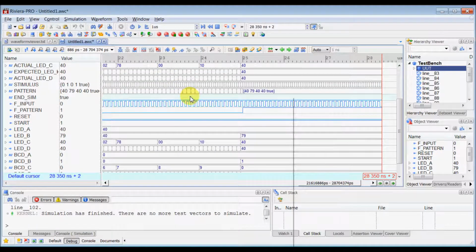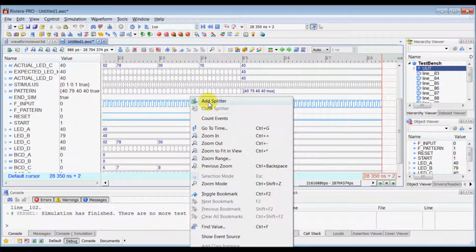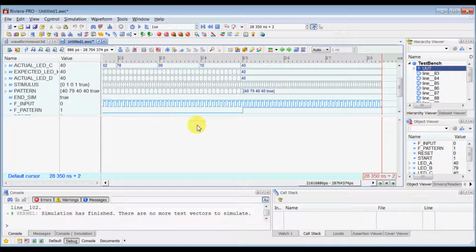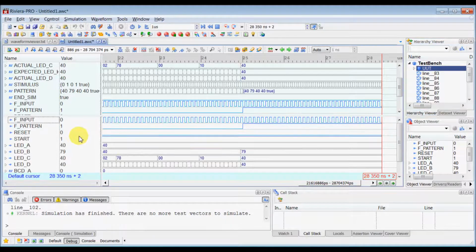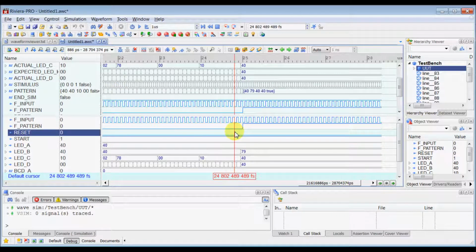Now you can right click in waveform viewer and select add splitter, which will add another splitted window in the same waveform viewer. Now you can add signals inside the splitted window. You can take advantage of this feature to compare different signals from different sets of hierarchy. So here in this window,